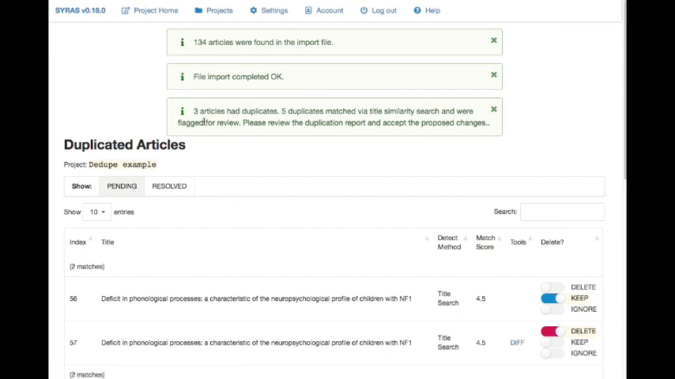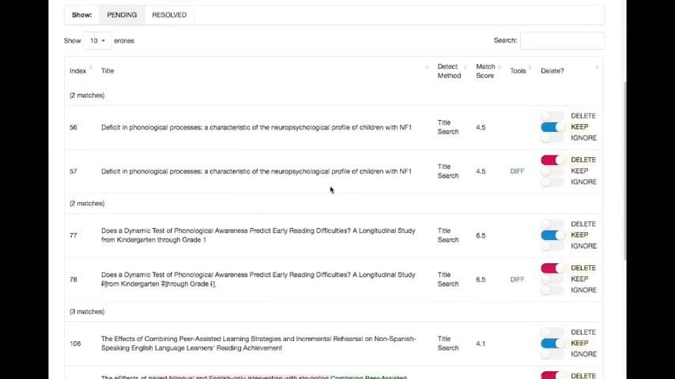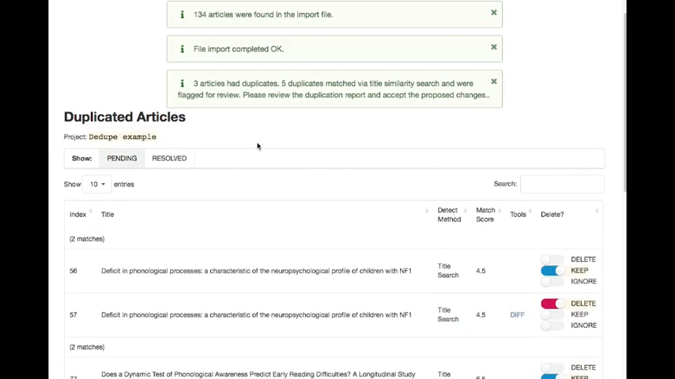We've got 3 articles that had duplicates out of 134 articles in the overall import file. Now those 3 articles had 5 duplicates, so that shows that maybe there are 3 for one of them. So let's have a look at the results. It takes you straight to this